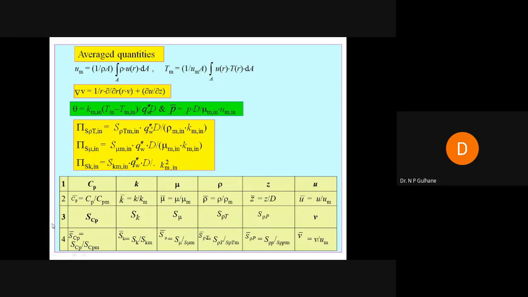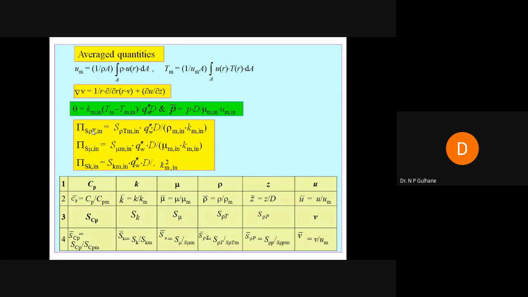So you can see this variable in rows 1 and 3. These are the dimensional values, and the values in rows 2 and 4 are the non-dimensional values. The Reynolds number and Peclet number are the inlet Reynolds number and Peclet number, and the Brinkman number. You can see the Brinkman number, Br, coming out from this pi group. That is based on the ratio of momentum transfer to heat transfer. This way you can write this non-dimensional equation in terms of the pi group.